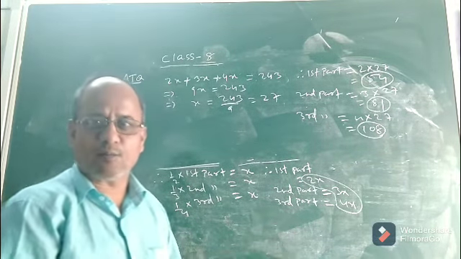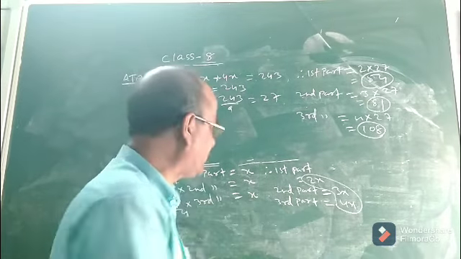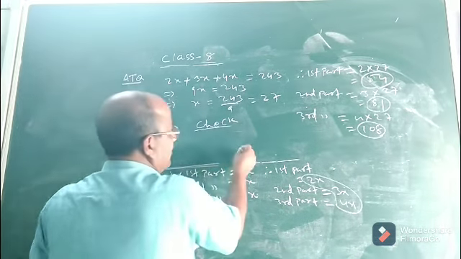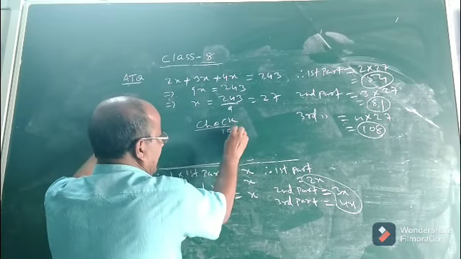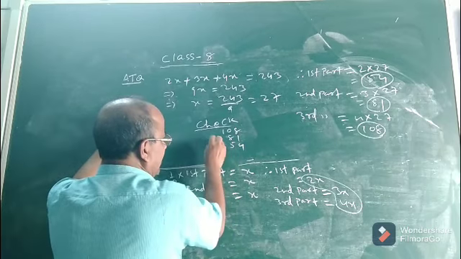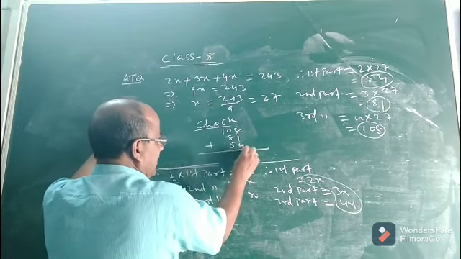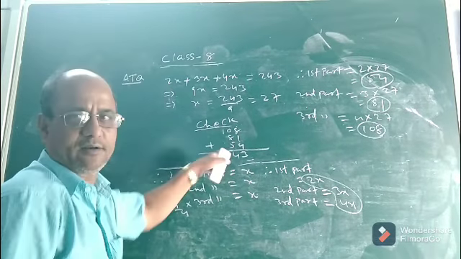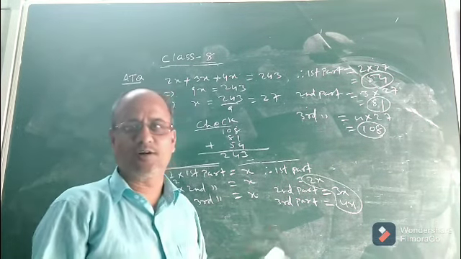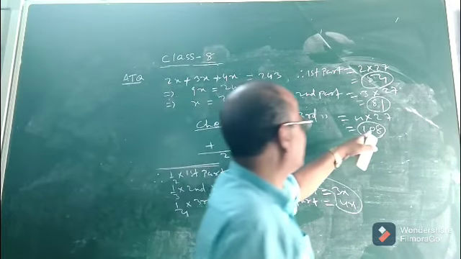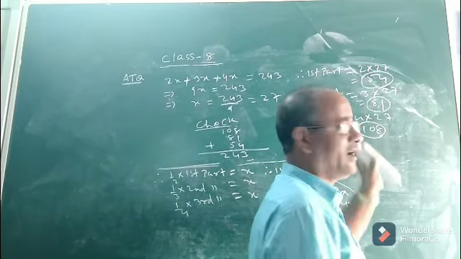Now to check whether the sum of the three parts is 243 or not, you can check it. You see, 108, so this is the third part, this is the second part, this is the first part. 4, 1, 8, 13, carry 1, 6, 8. You see, 243. Look, the sum of the three parts is 243. So the answer is, the three parts are 54, 81 and 108.